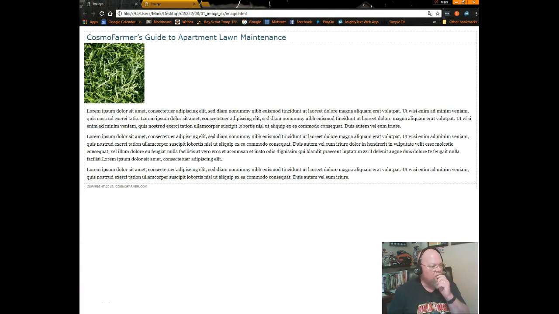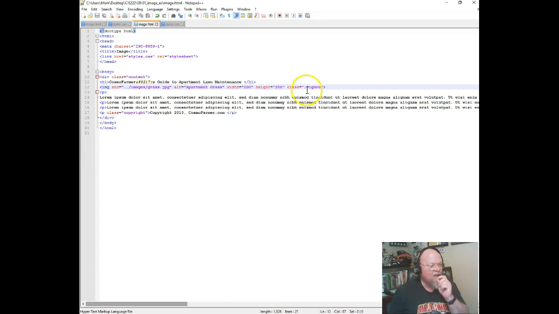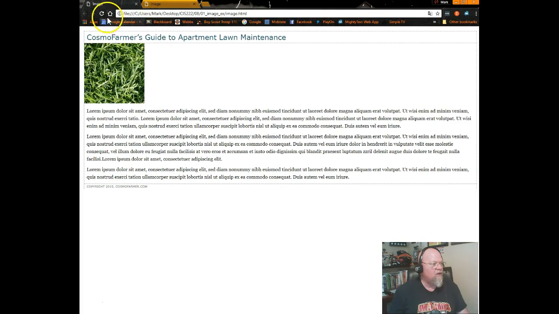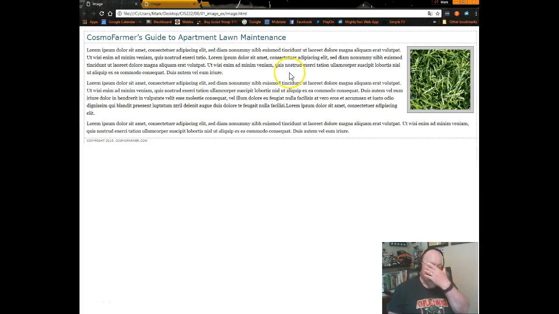I think I knew what I did wrong. So let's go in here and put a dot in front of it. We don't use a dot, we're just going to use the class. Let me save it and then go back over here and refresh, and sure enough, okay. So there's our float. There's our border. There's our padding. So we're basically making the padding inside of there. We've got the nice thin black border, and the background is that gray color. Okay, so